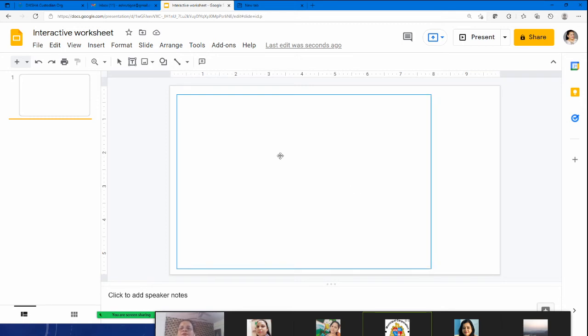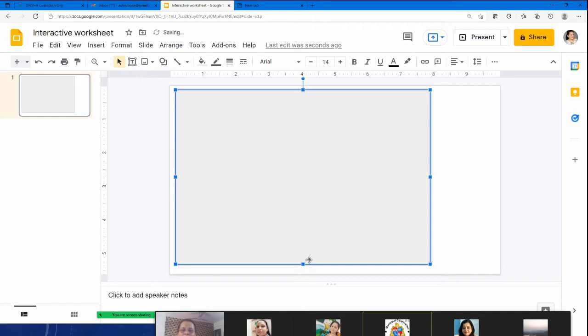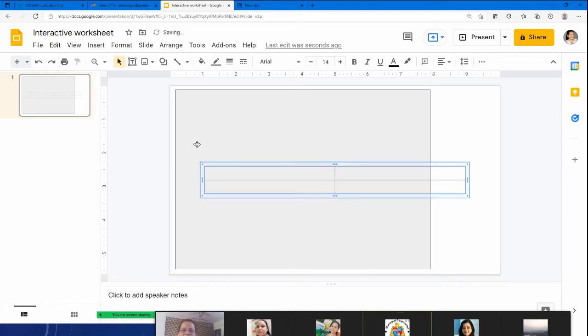Once this is done, because I wanted to make partition out of it, what I did was I inserted a table in it. So पहले I have taken a shape. Once I have taken a shape, I have inserted a table in it. Okay, a table of 2 by 2. So I've got 4 boxes actually, nothing else.